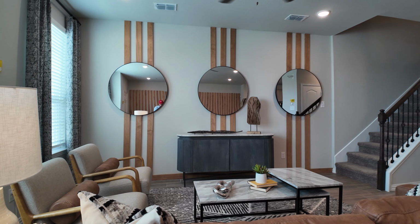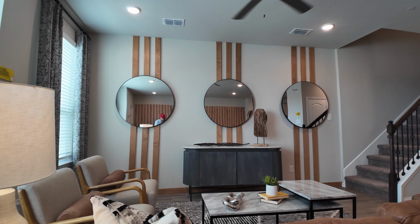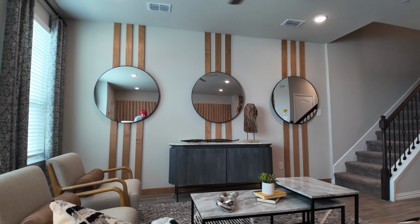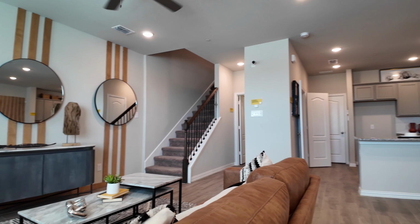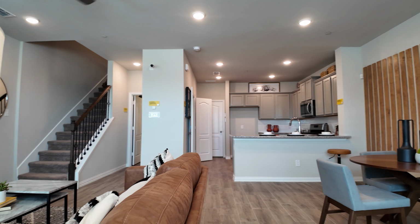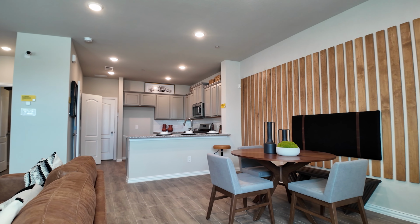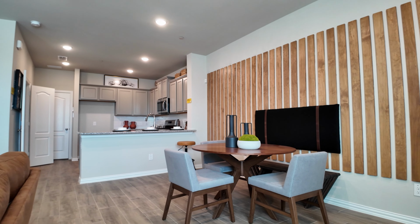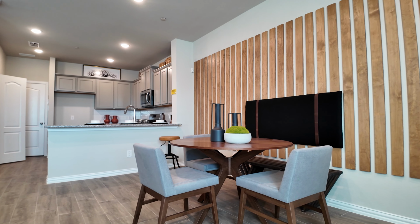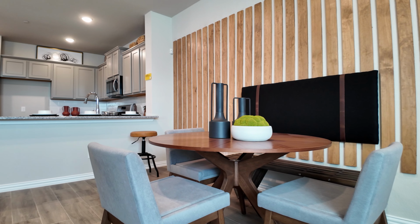Immediately when you come in the front door, this open area actually makes it feel larger than the 1,760 square feet that this townhome is. You've got a cozy living room area, and just across from it, this flexible dining area. No walls means you can make these rooms as big or small as you want them to be. So if you want a small bistro table in a large living room, you can do that. If you want the whole thing to be a living room and eat at the peninsula, you can do that